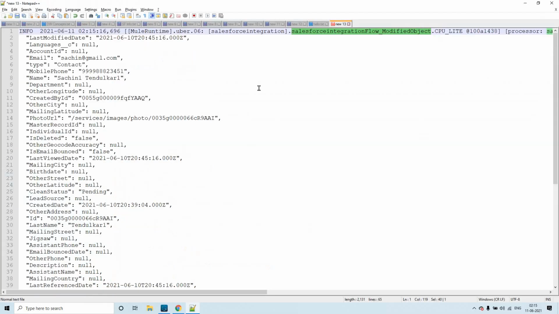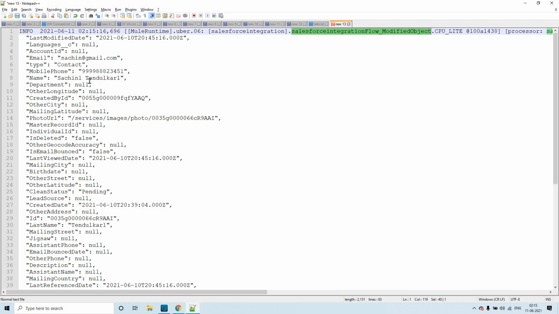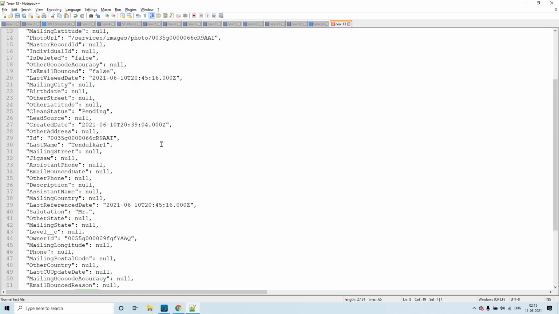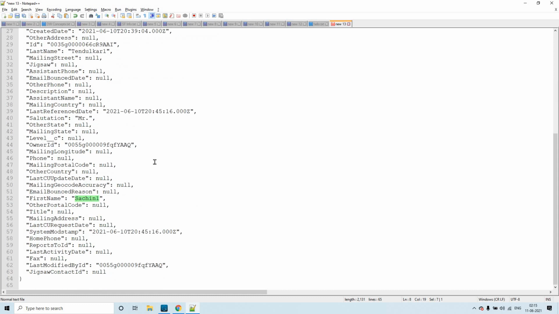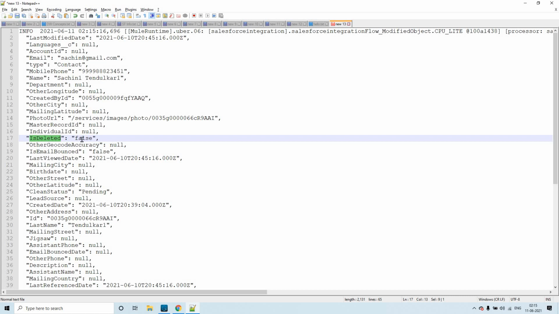So this logger is from that particular flow. And you could see Sachin 1 and Tendulkar 1. Click on Sachin 1, you could see the first name also got modified. Is this a deleted object? No, right? So that's the reason you could see the value for this key is false.